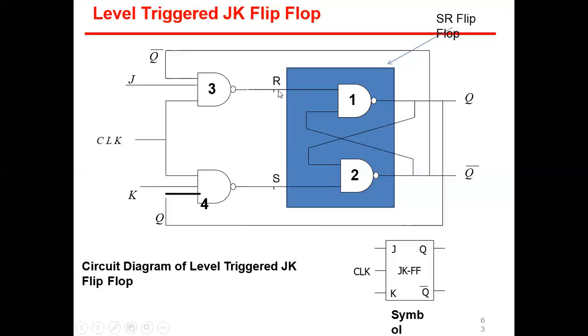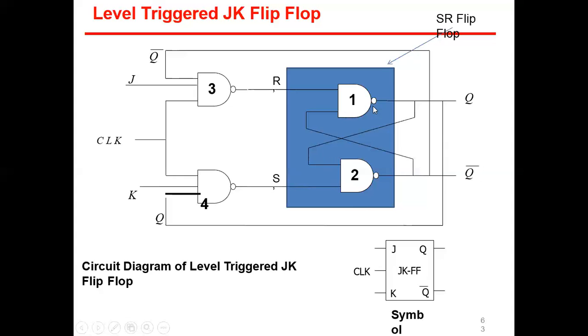Here we are using an RS flip-flop. We are providing input into the RS flip-flop through gate number 3 and gate number 4. It means we are extending the circuit. It is one kind of SR latch in which we are providing inputs J and K, and a feedback link, or we can say cross coupling: the output of the second gate is given as input of the third gate, as well as the output of gate number 1 is given as input to gate number 4. That is called cross coupling of gates.